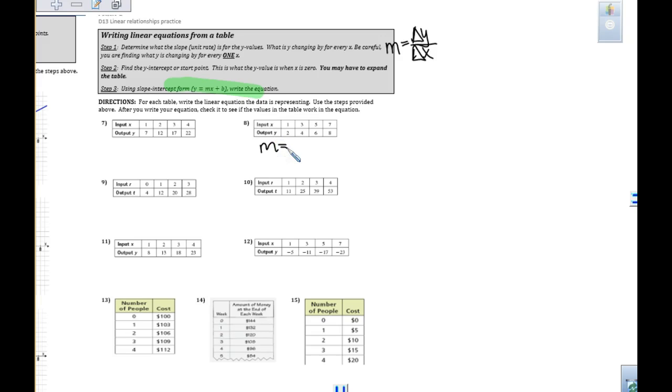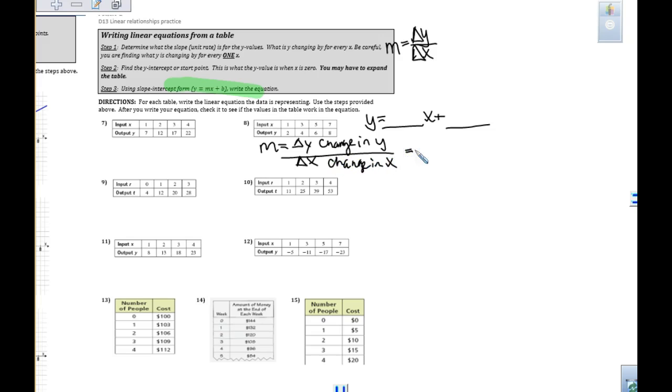And I saw some people just put that as their equation. I was walking around and they had change y, change x. Remember, this is the change in y divided by your change in x. That is nowhere close to my equation. My equation is going to be this, so y equals mx plus b. So here I'm looking for the change